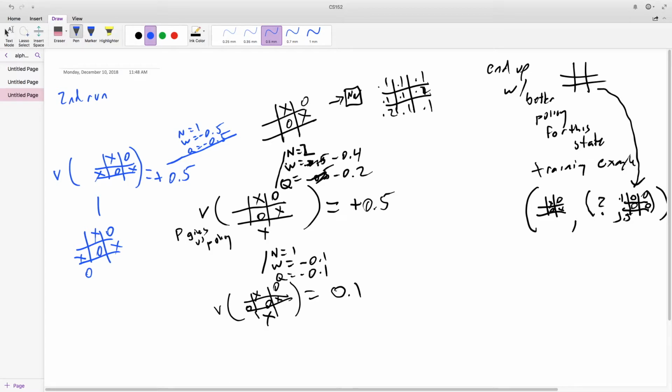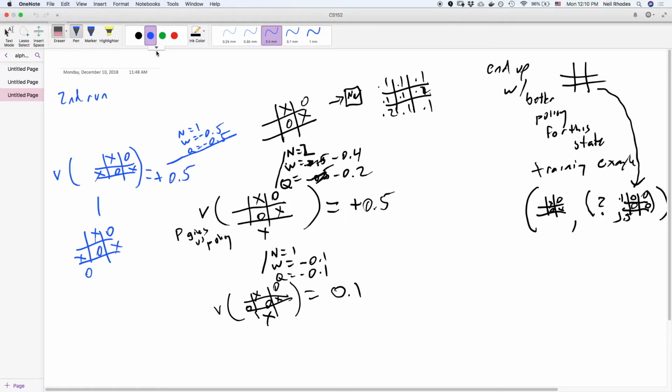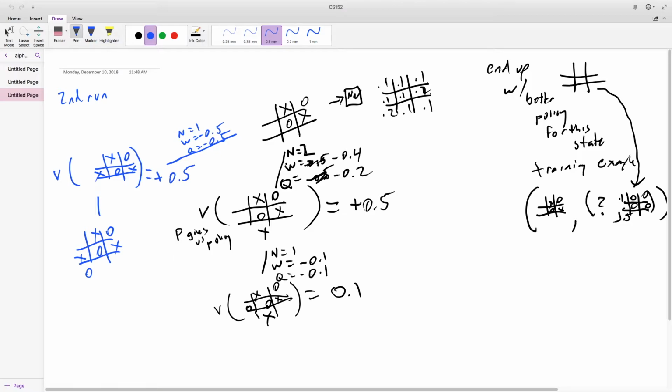So therefore, we're going to feed that back. We're not going to ask the neural network what's the value of this, because we're not going to ask the neural network the value of terminal states. We're going to use our knowledge of the rules to tell us the terminal states. So rules tell us O wins, 1 in this case. And so we're going to feed back. We're going to say n equals 1, we're going to say W equals